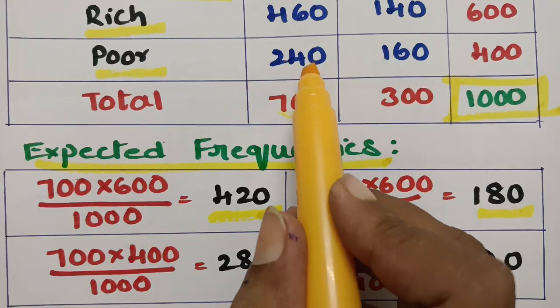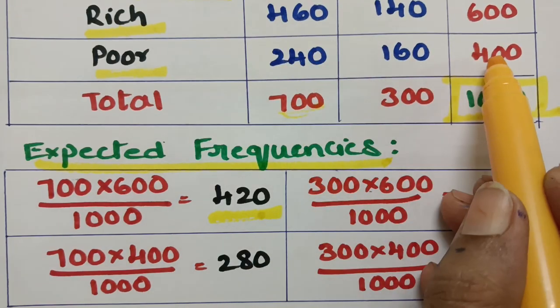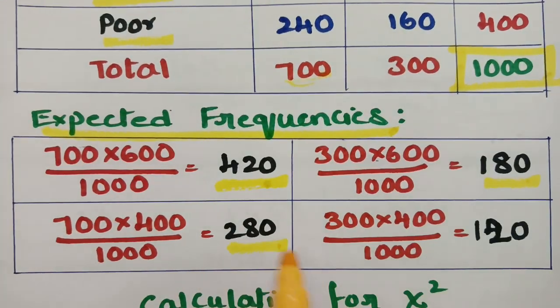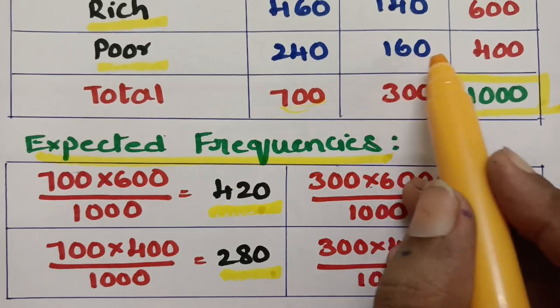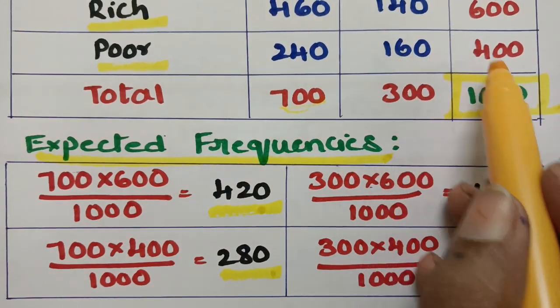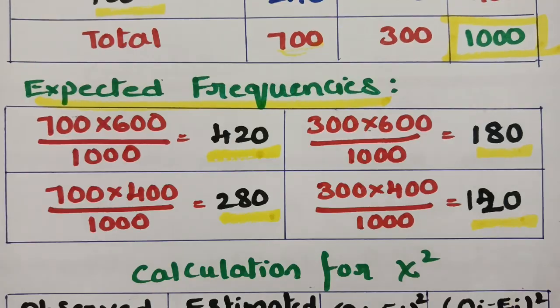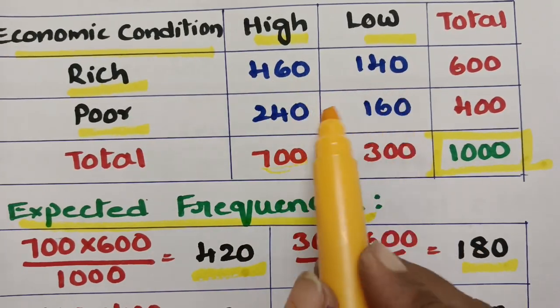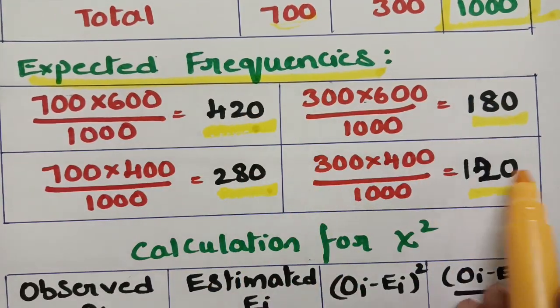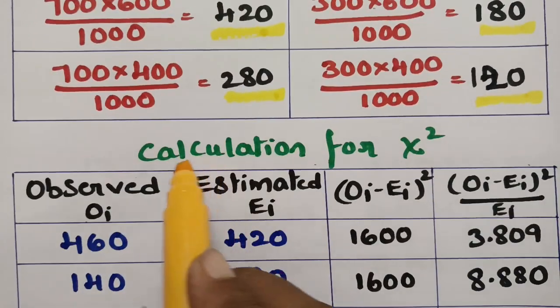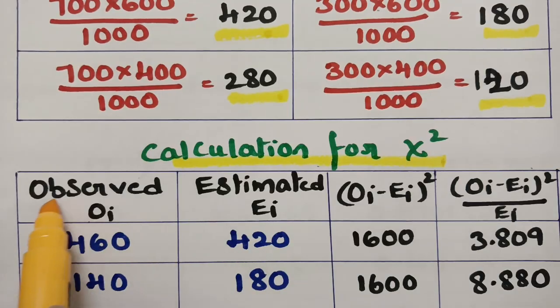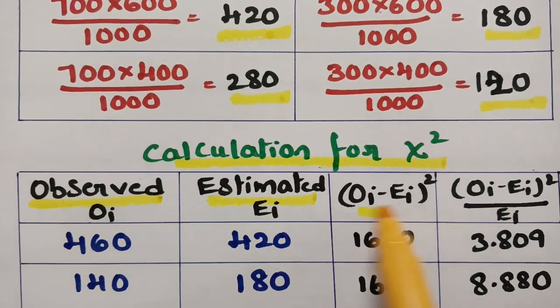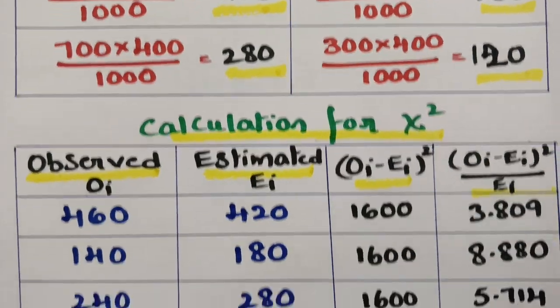And for this 240 also, here 700 into 400 divided by 1000, the value here is 280. And for 160 also, this is 300 into 400 divided by 1000, the value here is 120. So here 1, 2, 3, 4 are the observed values, and here 1, 2, 3, 4 are the expected values. For the calculation of chi-square, we need observed values, expected values, Oi minus Ei whole square, Oi minus Ei whole square